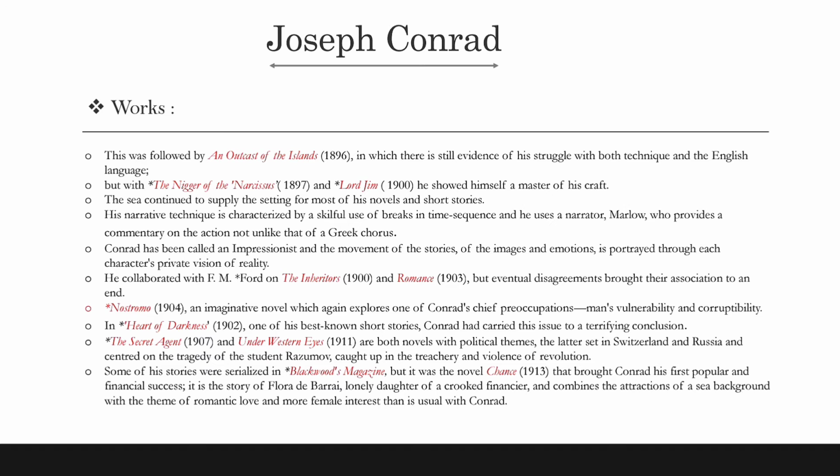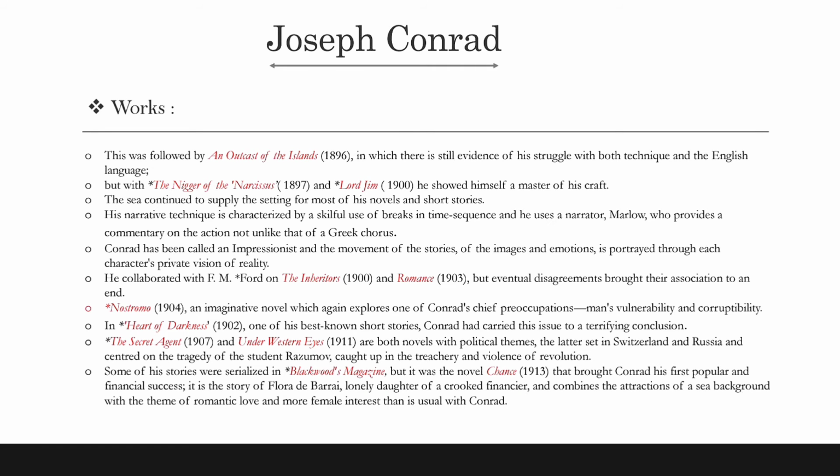He collaborated with F.M. Ford on The Inheritors, published in 1900, and Romance, published in 1903, but eventual disagreements brought the association to an end. Nostromo, published in 1904, is an imaginative novel which again explores one of Conrad's chief preoccupations, man's vulnerability and corruptibility. In Heart of Darkness, published in 1902, one of his best-known short stories, Conrad has carried this issue to a